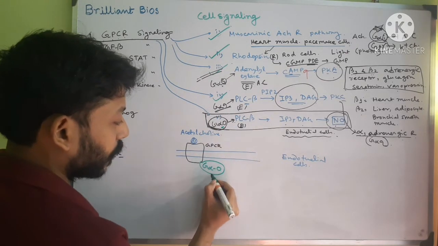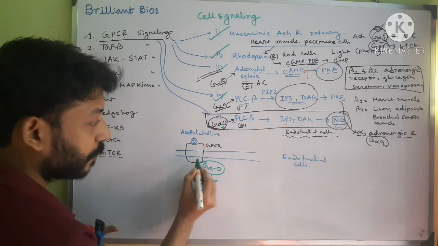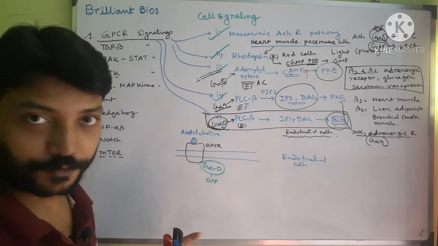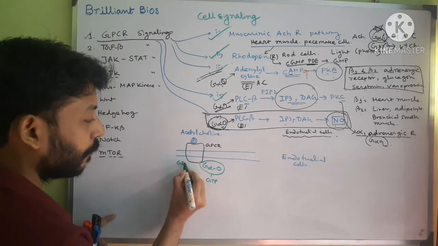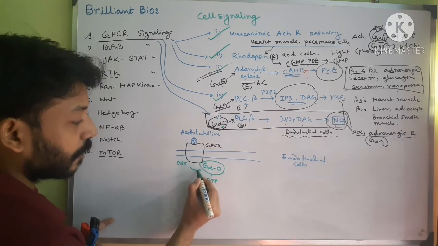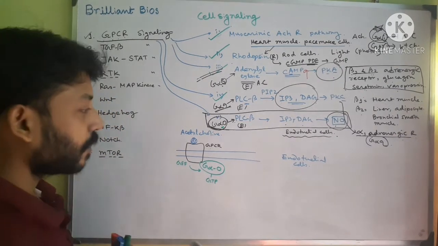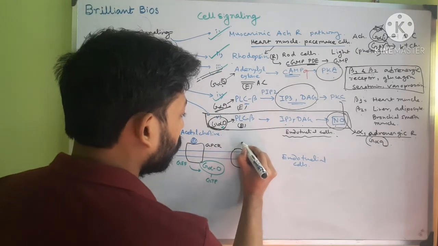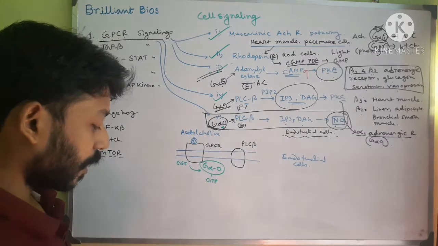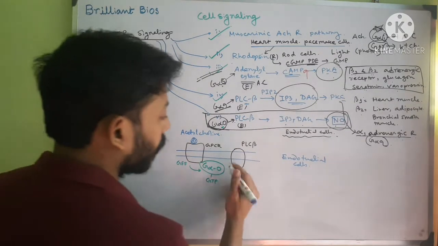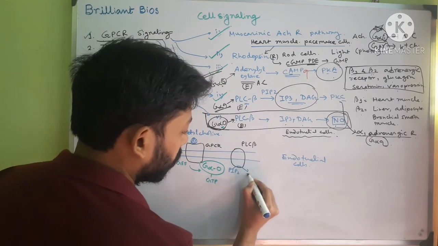This G alpha O gets activated because it associates with GTP, and this transformation is actually driven by this GPCR because it acts as a GEF. When the G protein coupled receptor binds with acetylcholine, it functions as a GEF and activates this G alpha protein. When this G alpha protein gets activated, it activates another effector protein that is called PLC beta. This is an enzyme. Then PLC beta converts PIP2, that means phosphatidylinositol bisphosphate, into two products that are called IP3